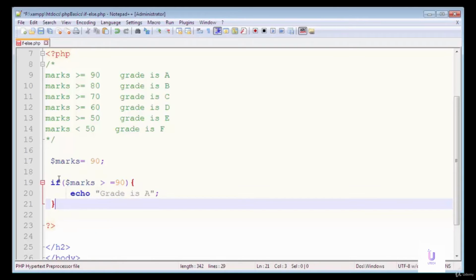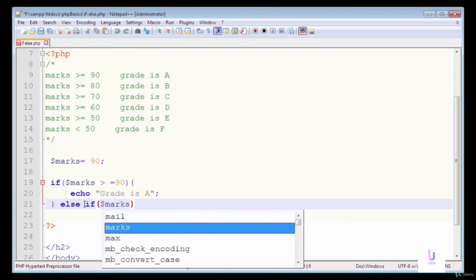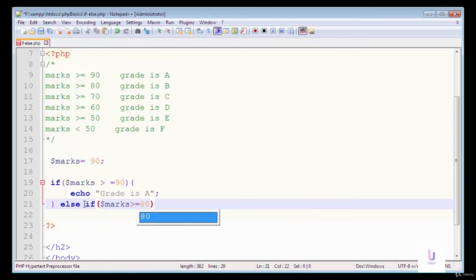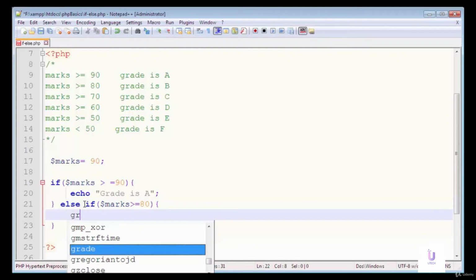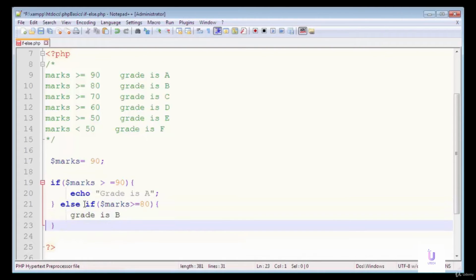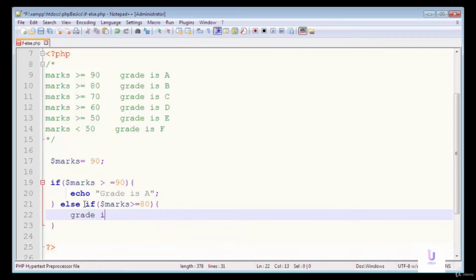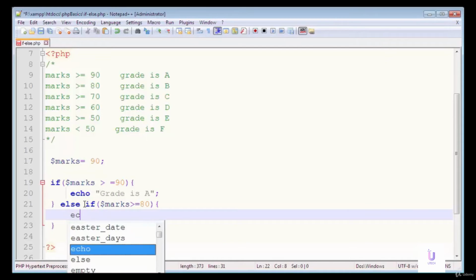Similarly in the else statement, if the condition is false, then it will check that. As this is a multiple if-else statement, every else will be followed by another if. So I'm going to write here another if, that if marks greater than equals 80, then the grade is B. Here you can see that the grade is B. Sorry, I write here the echo statement,